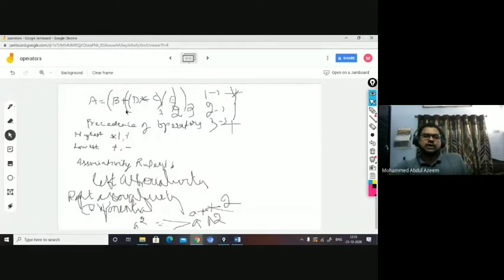Let us take one expression: A equal to B plus D into C by E. In this case, which one is going to be evaluated first? You have plus, multiply, divide. Multiply and divide have equal precedence, but when you go with the left associativity rule, multiply comes first, so D into C will be evaluated first. So that you have represented as first. It has been enclosed in a parenthesis, and the right parenthesis is marked with 1 to represent that this particular operation is going to be evaluated first.